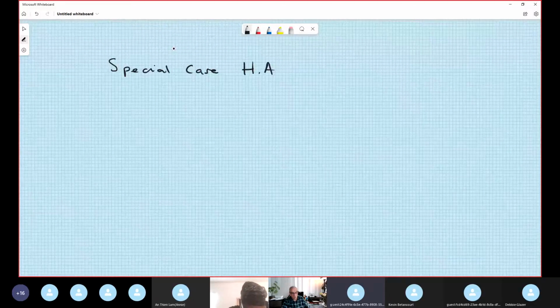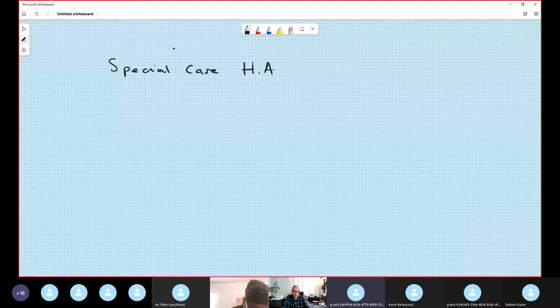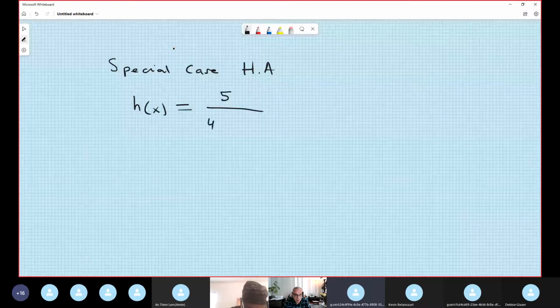Now be careful, because we have two cases. The regular case, when the degree is the same, is the one you most frequently see in the examples, but we have another. Suppose this example, suppose the function h of x is equal to 5